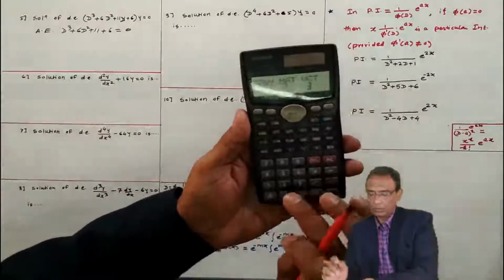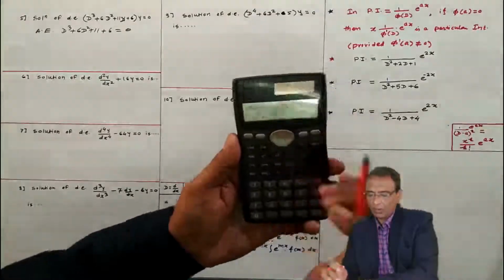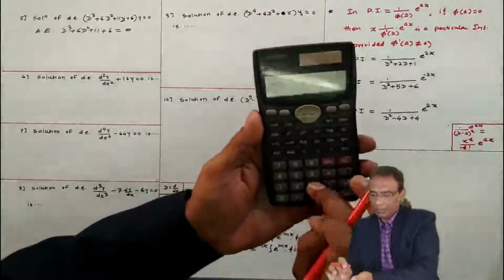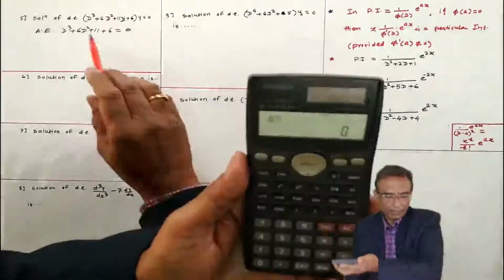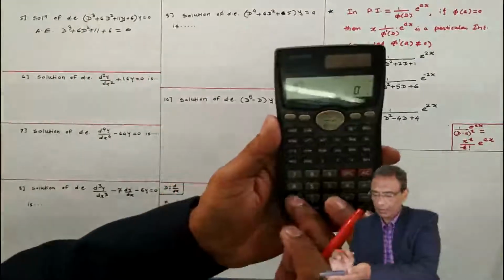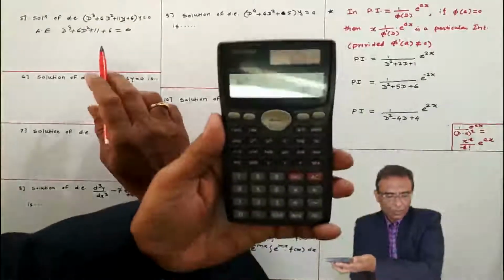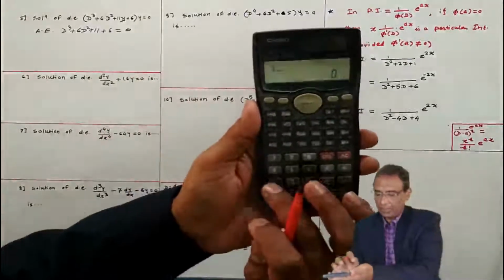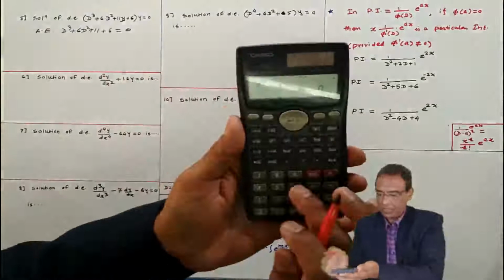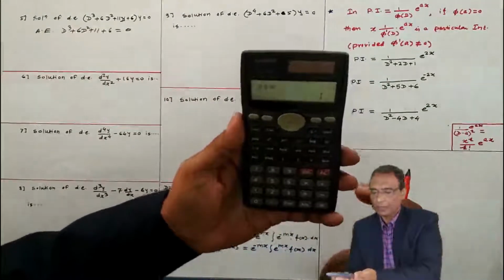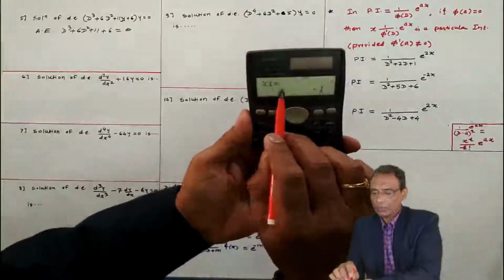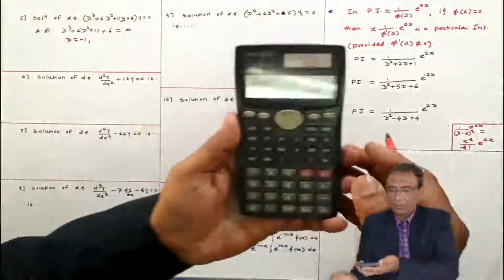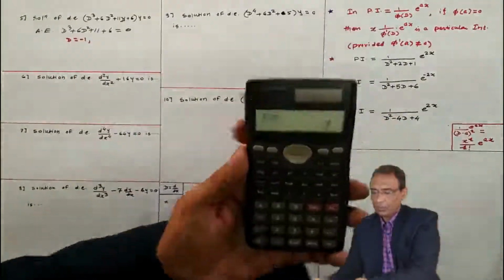Now, equation. Then how many unknowns are there? See, the highest power of D is 3, so the degree is 3. Then the value of a is the coefficient of D cubed, which is 1. This I have entered. Then 6 I am going to enter, then 11, then 6, the last 6. Now the value of D is minus 1. Here D is minus 1. Then again I am going to press equal to, then minus 3.